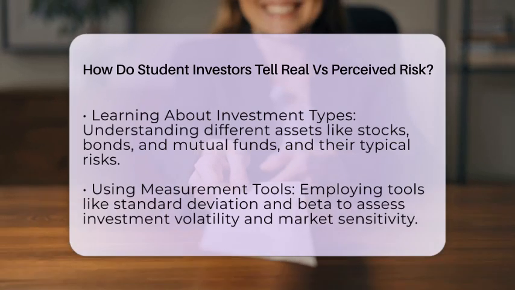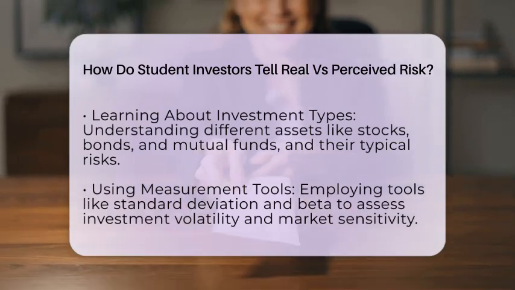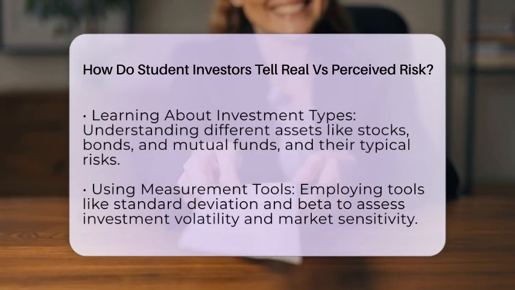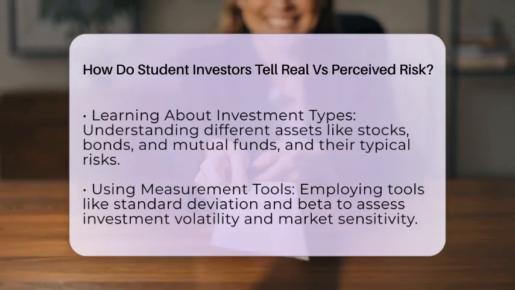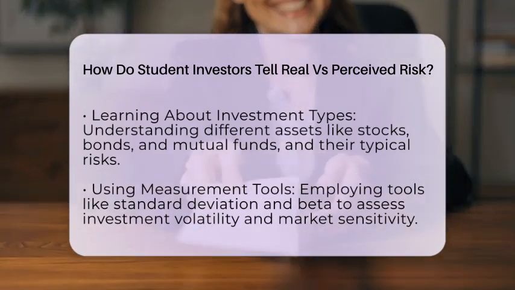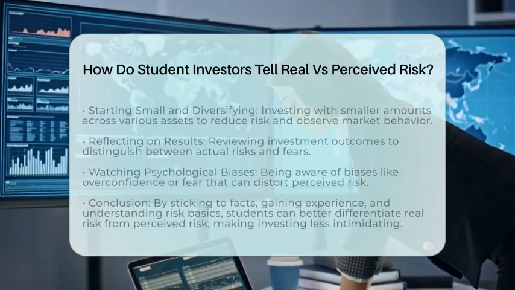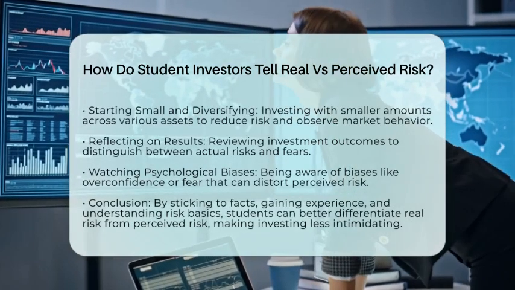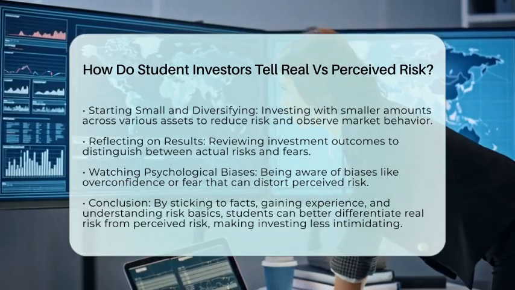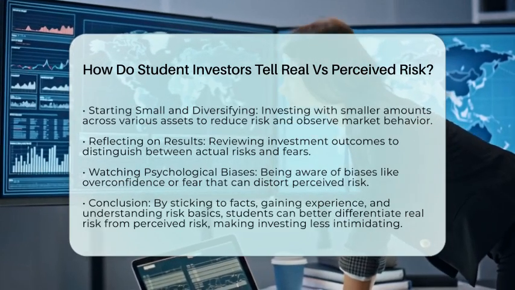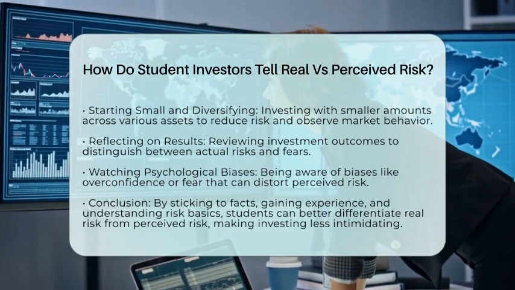Starting small with diversified investments is another good way. It allows students to see how markets go up and down without risking too much money. Reflecting on their investment results helps them learn what was real risk and what was just fear. They also need to watch out for psychological biases like overconfidence or fear, which can make perceived risk seem bigger